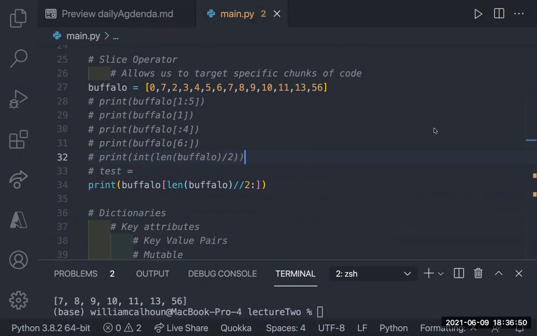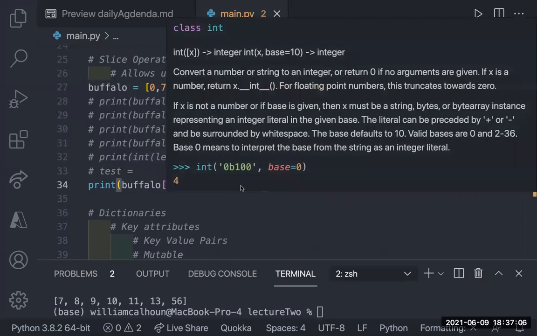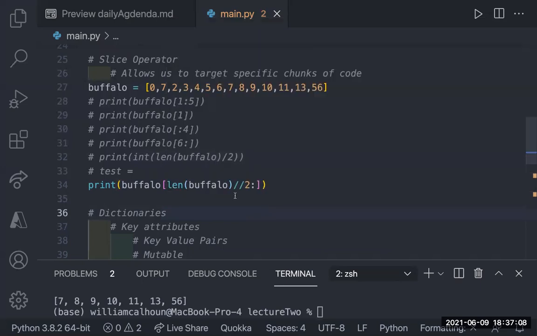Jordan, you asked why it has an int in front. It has to be an integer, because slice operators can only have actual integers here. And again, that was a float, meaning it had a decimal, it was 6.0. So what we did is first we typecast, but now what we could actually do, John pointed out, which is great, is do this double division sign, and that will actually give us an integer back already.